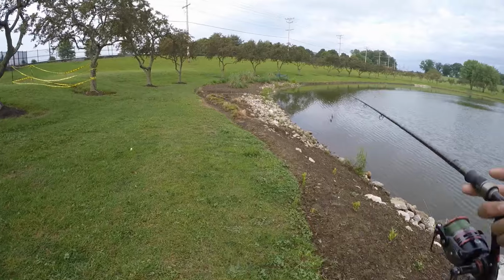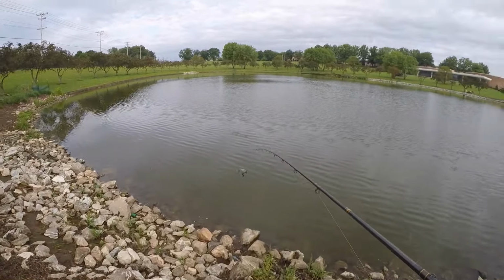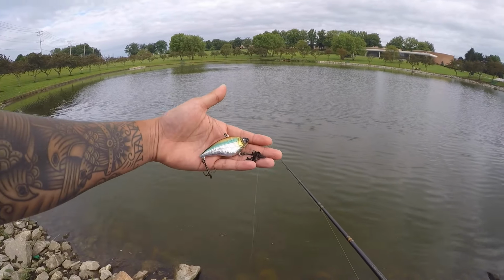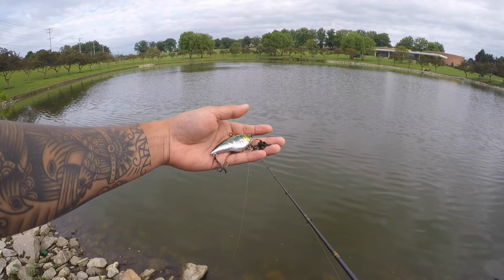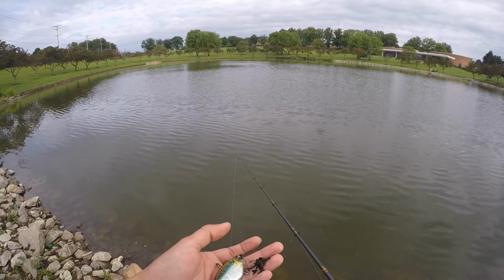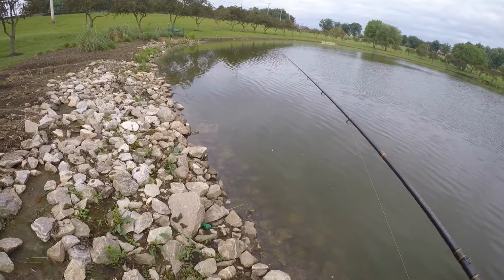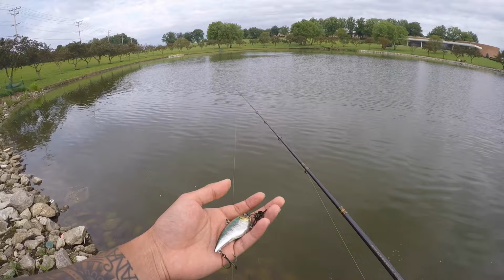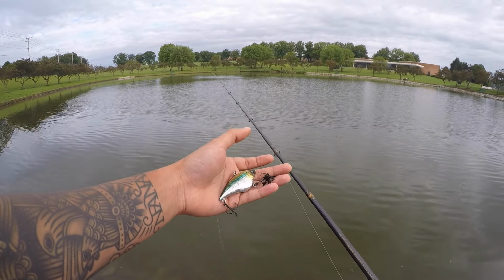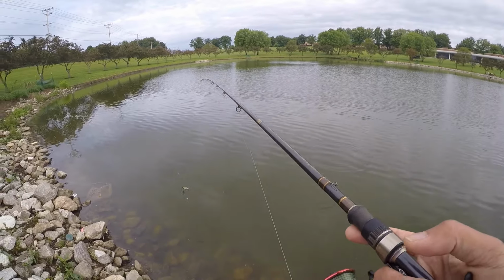So what I'm gonna do, I'm gonna stop after this area, go back if I don't get any bites. Oh, this actually gives me a good opportunity to show you guys what I'm using. It is a Dual X new magnet transfer. It's different. It gives you more of a wiggle, it's really hard to explain, but it definitely gives you a better reaction. The color, the durability of that, I've been casting it for about the last 15 minutes. Nothing but great reviews so far. Just haven't caught any fish on it just yet,